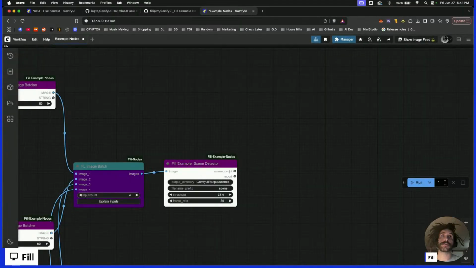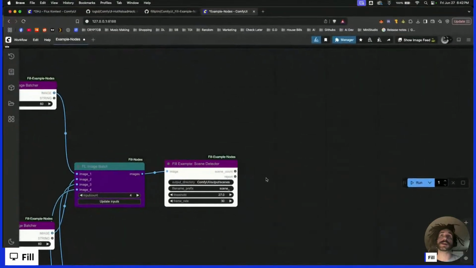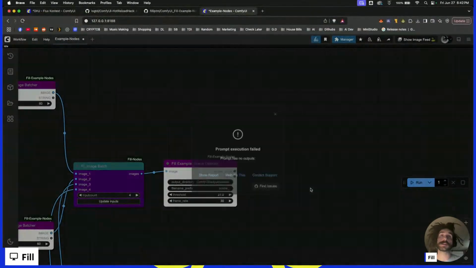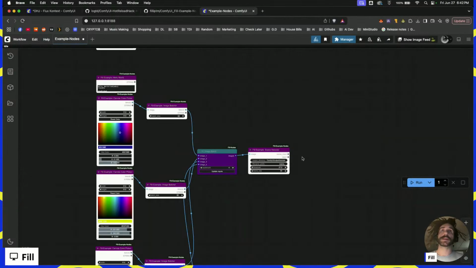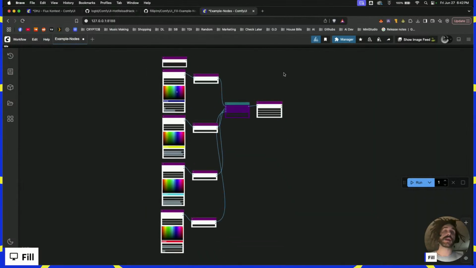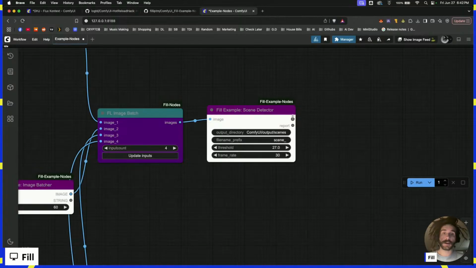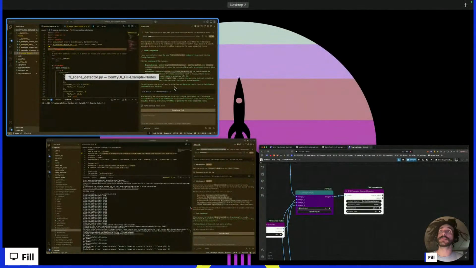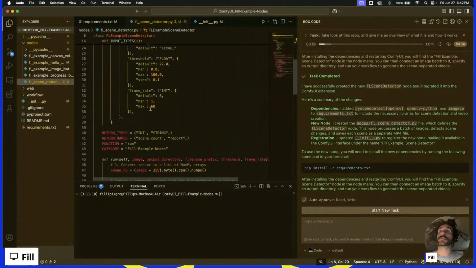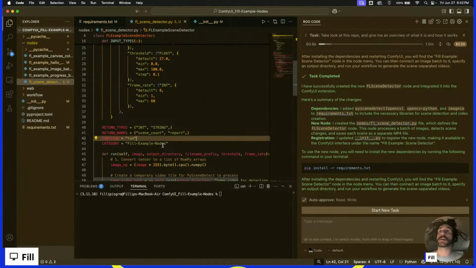So this is actually a good time. The prompt has no outputs, right? This is a great error actually to run into. This error basically means that the graph doesn't have an output, right? And we need an output to run it. So what we're going to do is go back to our code and add